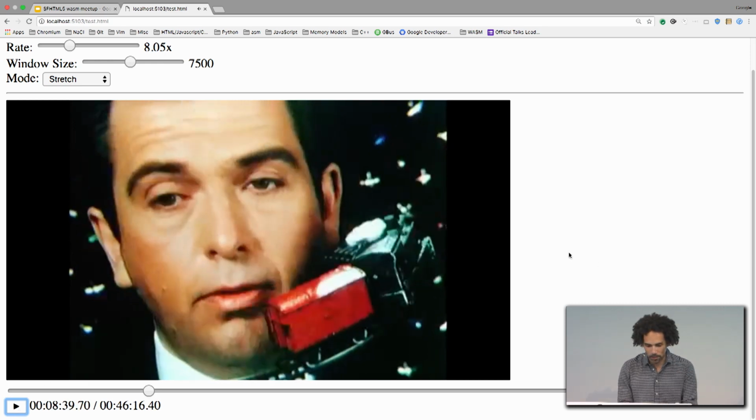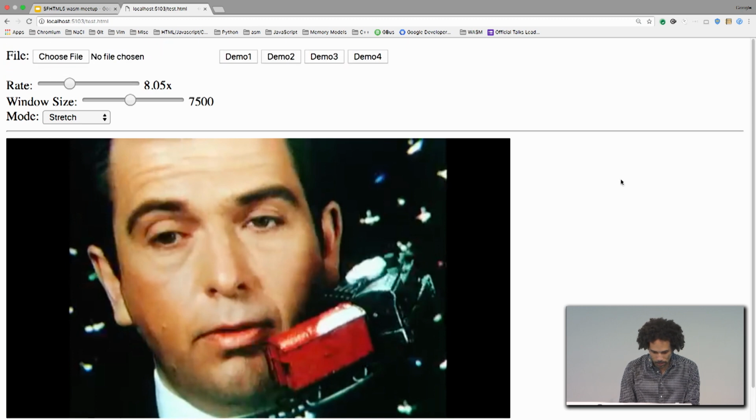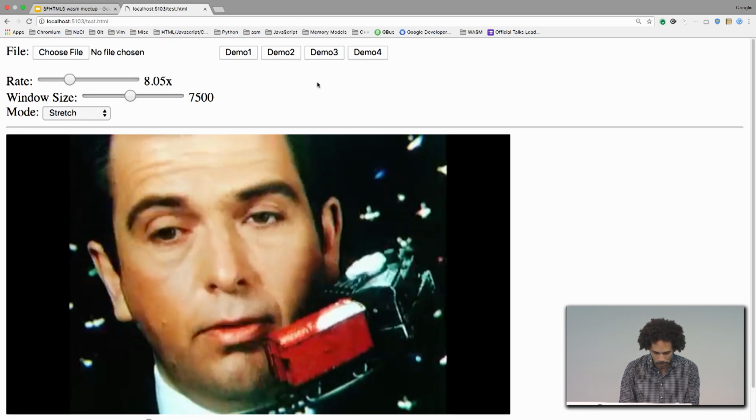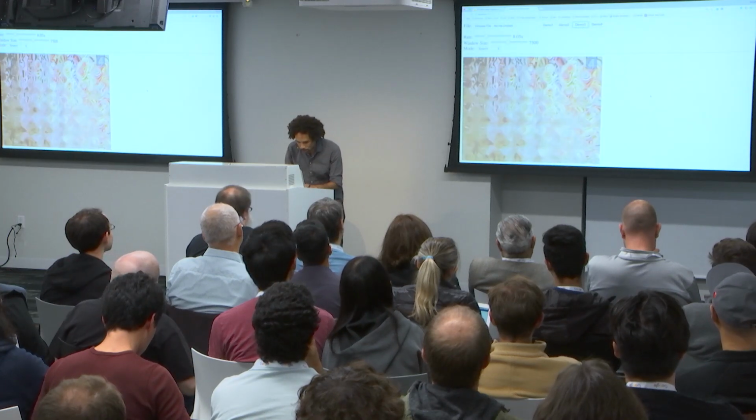All right, so for the young people in the room, that's Peter Gabriel, Sledgehammer. He's saying, you can have a steam train. That's why the steam train is. All right, so